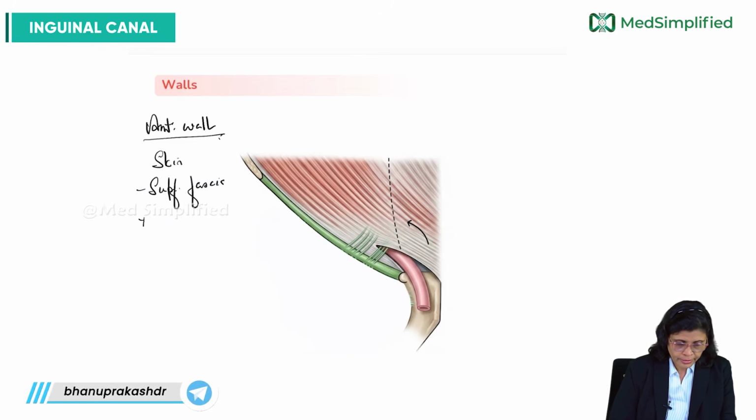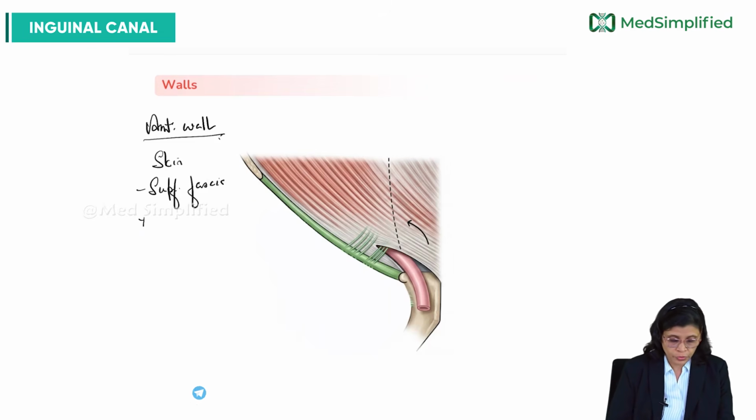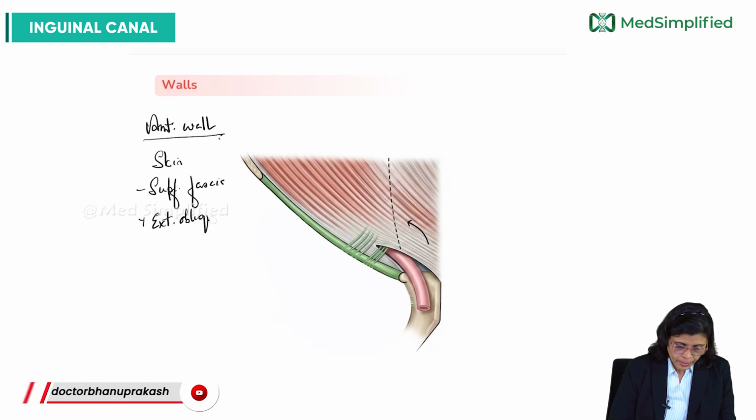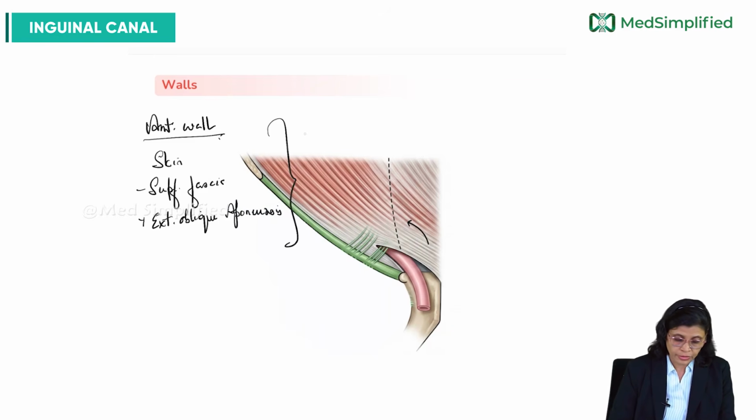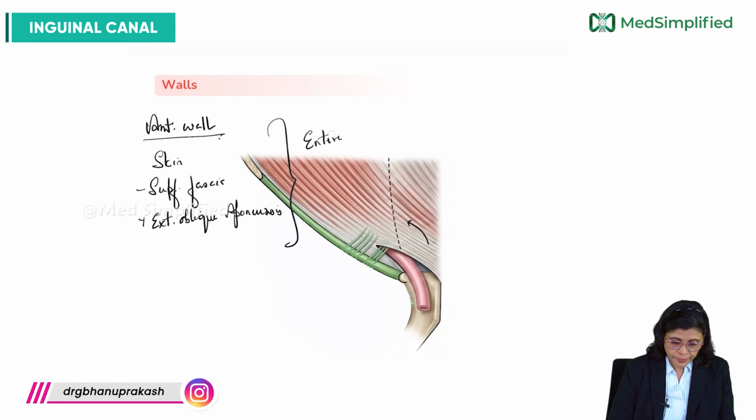and after that, see, abdomen doesn't have the deep fascia. So next comes the external oblique aponeurosis. So these three structures we see along the entire length of the inguinal canal. So this will be all along the entire extent of the inguinal canal, and on the lateral side we will see